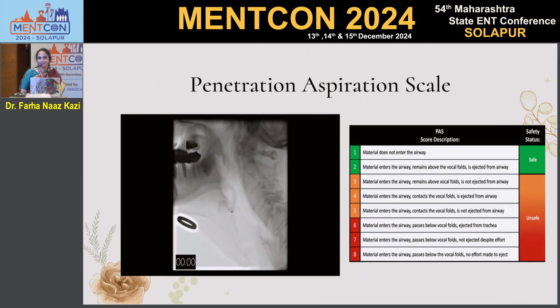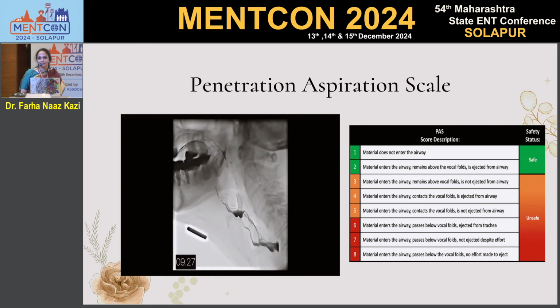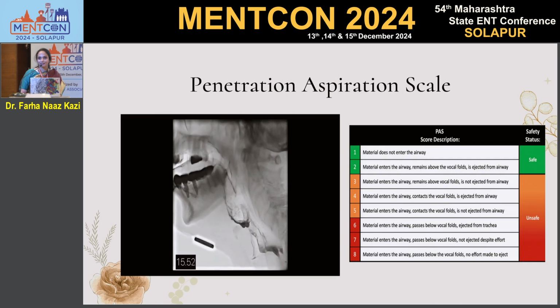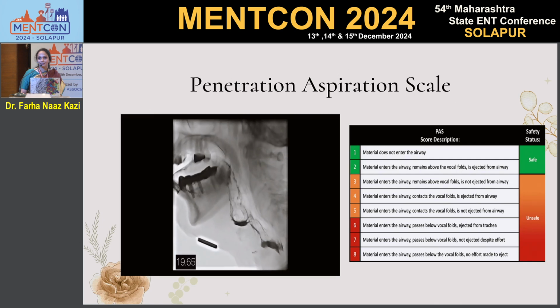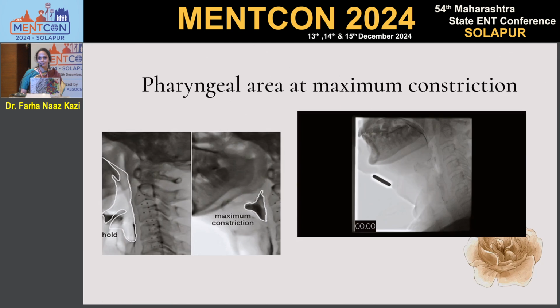Also, because we have timing measures, we assess laryngeal elevation velocity. Like Dr. Sharma already mentioned, there is a penetration aspiration scale, which has been adapted for FEES, which helps us in assessing whether there is penetration or aspiration, and whether the patient is able to eject the material from the airway, and there are various scales. So a penetration score of 1 to 2 is considered a safe swallow, while 3 to 8 would be an unsafe swallow.